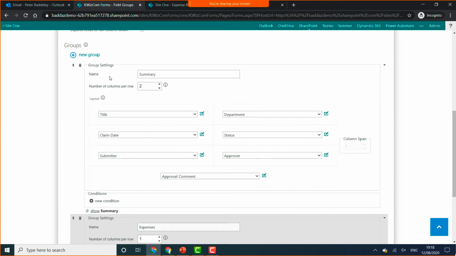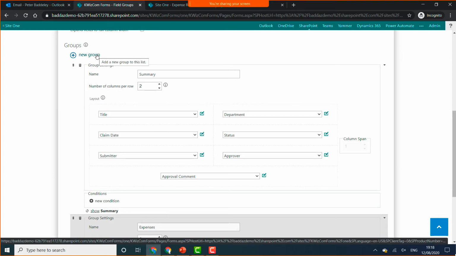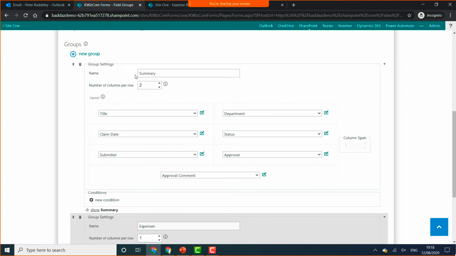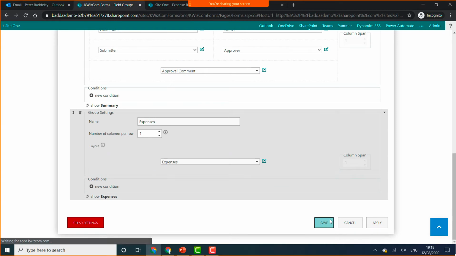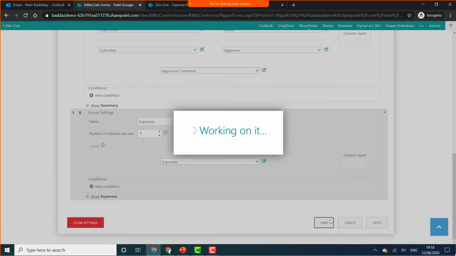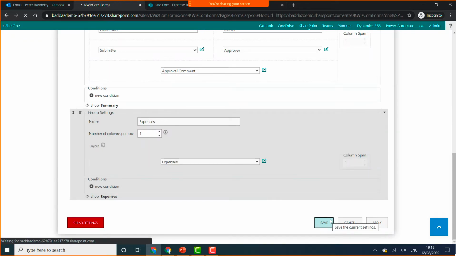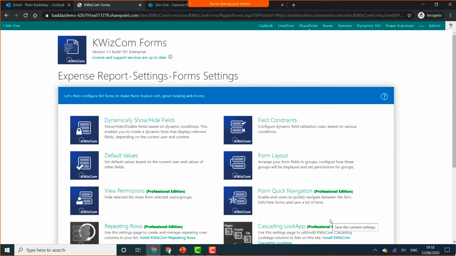So I could go and create another group and another tab for approval, and hide that tab when it's under specific users. But I'm going to show you how we can actually lock certain fields and how we can introduce some validation rules. So I'm just saving these settings,